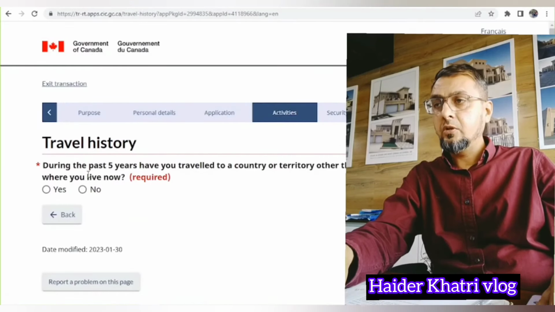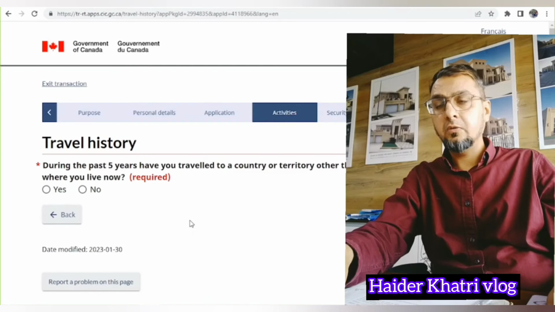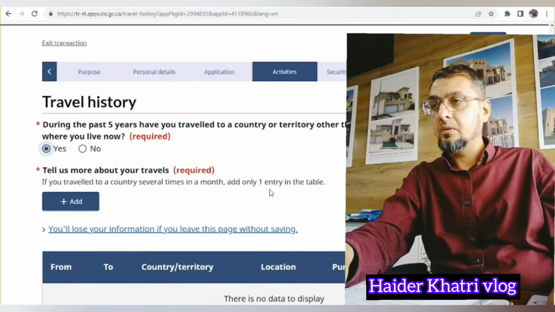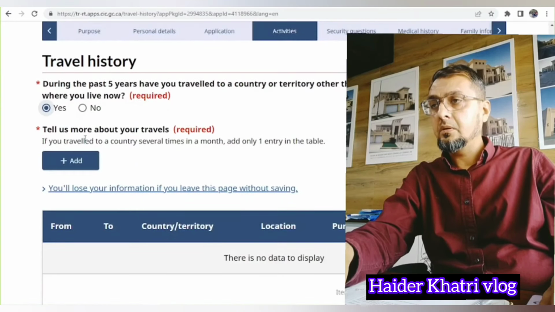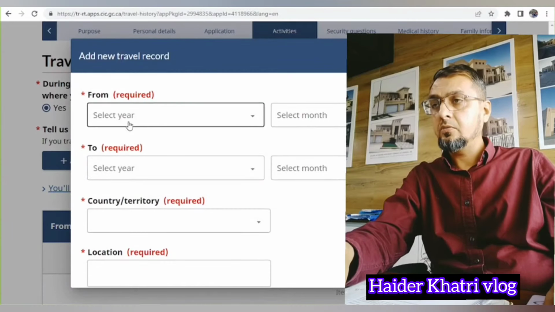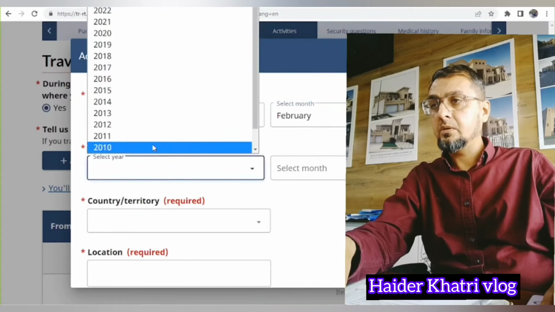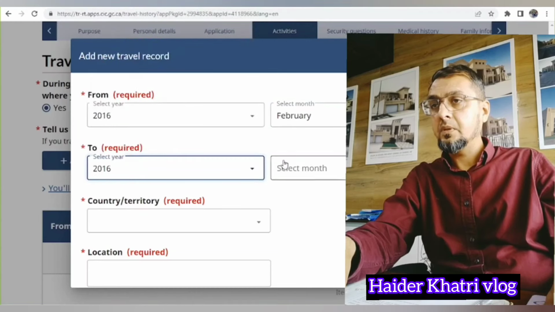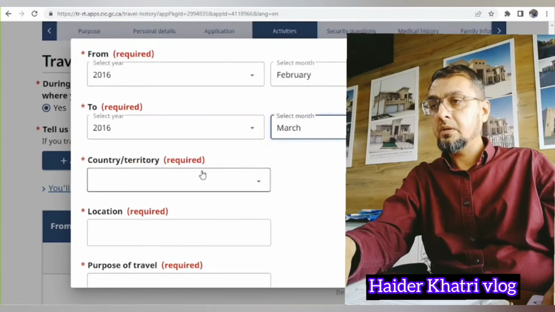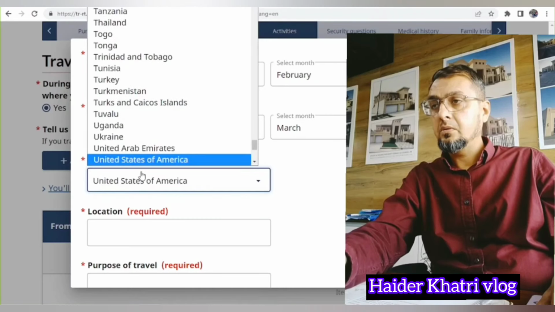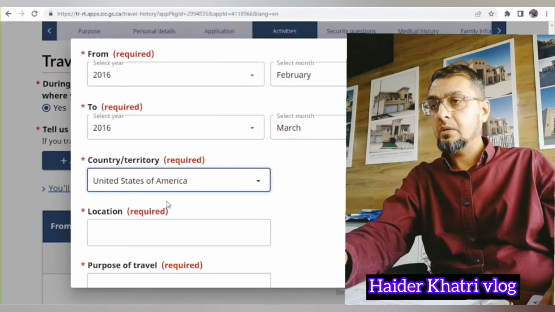Travel history: during the past 5 years, have you traveled to a country or territory? Here you will have to show your details. Yes. Tell us more about the country where you traveled, and when. Suppose I traveled in 2016, from February to March. The country where you traveled, suppose the United States of America.